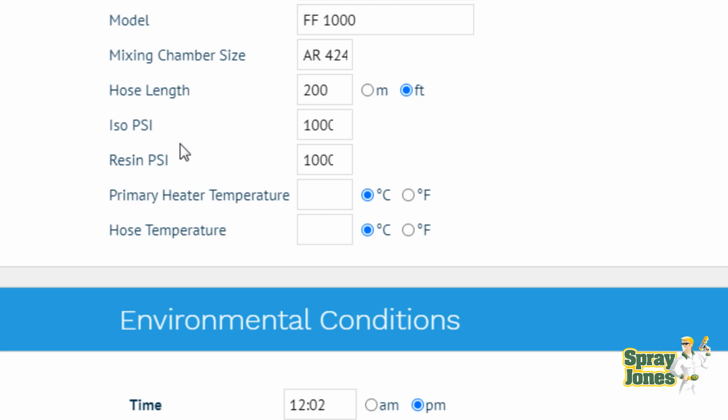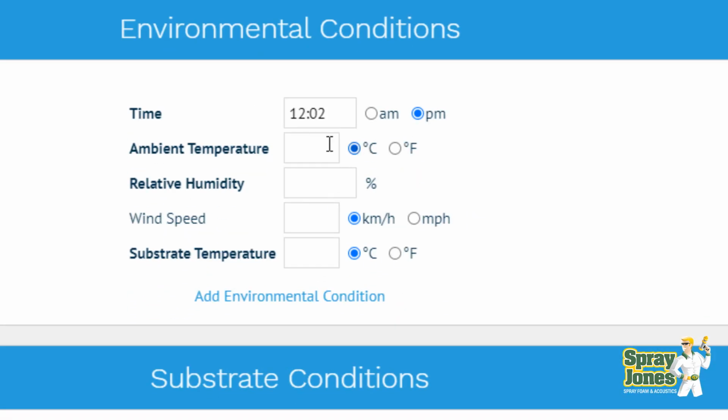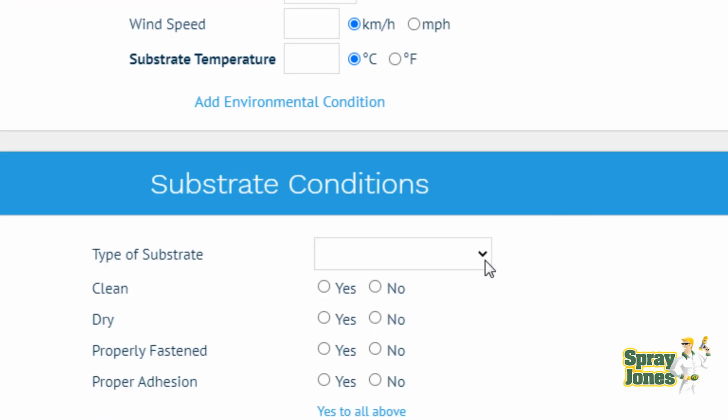I mean, open cell foam usually is going to be mixing at 1400 to 1500 psi. You need a lot more pressure in order to mix it properly. So it's just a way of recording what was going on that day and then what the environmental conditions are. Ambient temperature, your relative humidity, wind speed if you're outside, substrate temperature, very important so they can see if you were approaching dew point or humidity index, type of substrate that you're spraying to, wood or OSB, or you can sit here and put concrete